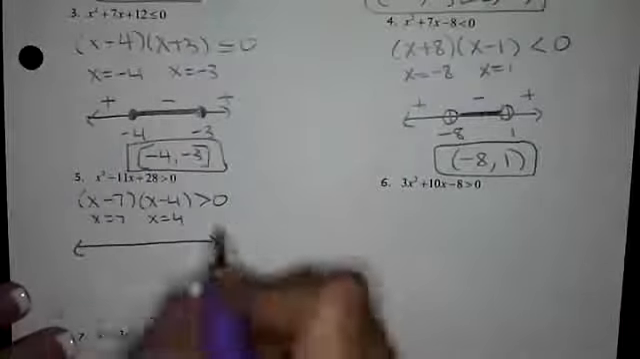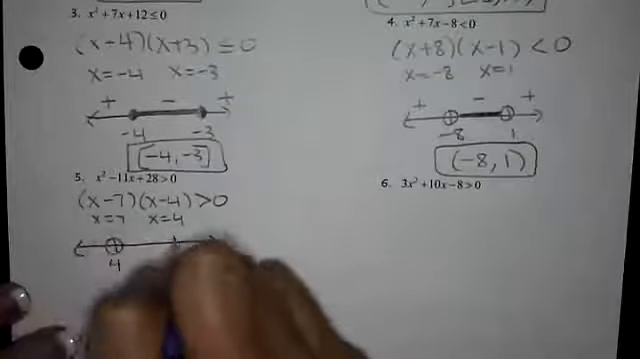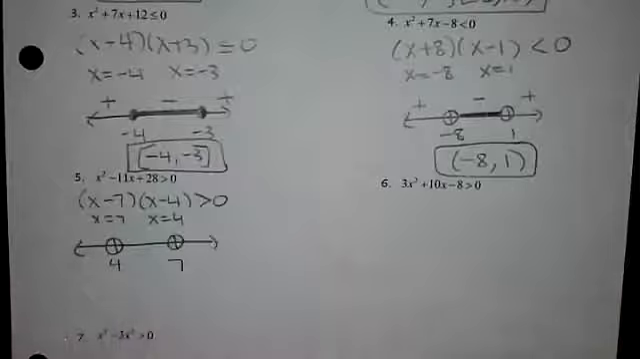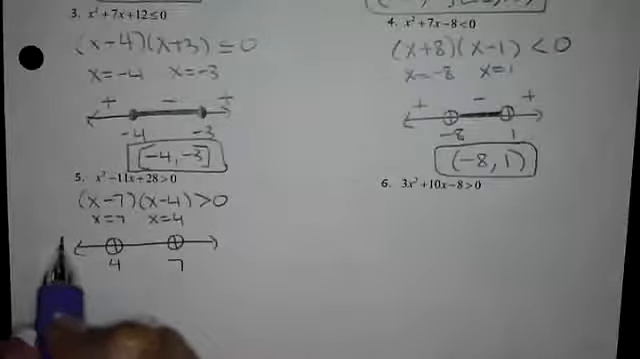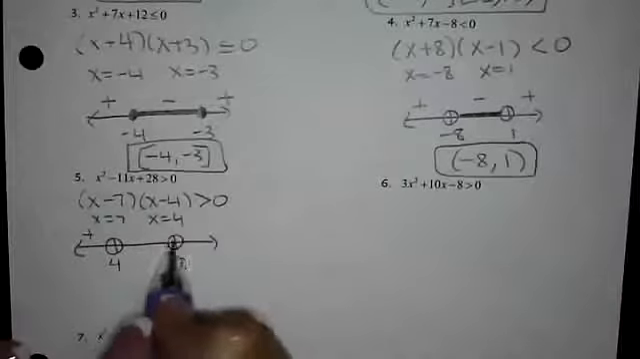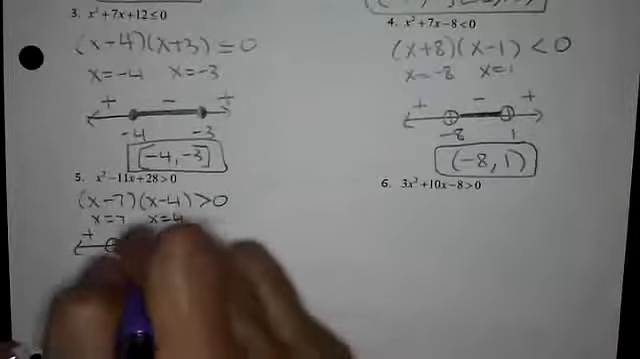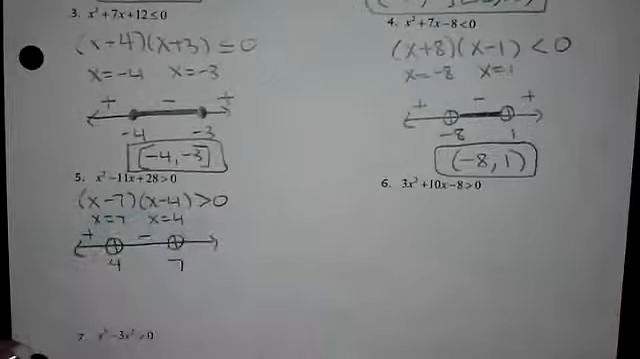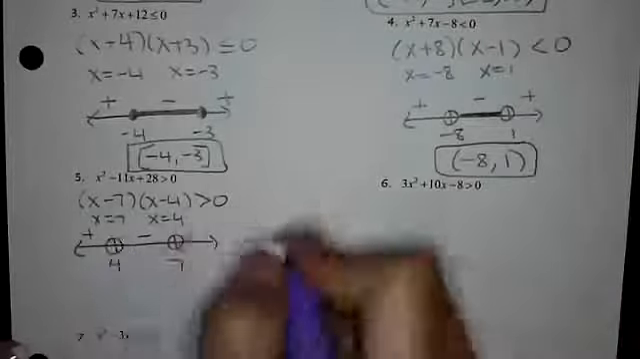I got my two roots, so I've got one at 4 and one at 7. Open circles since there's no equal sign, and we want to go ahead and test some points. 0 would be over here on the left. I plug that one in first, and I get a negative times a negative, which is a positive. 5 is here in the middle. That would give me a negative times a positive, which is a negative. And then when we look at our last one, 10 would give me a positive and a positive, which is